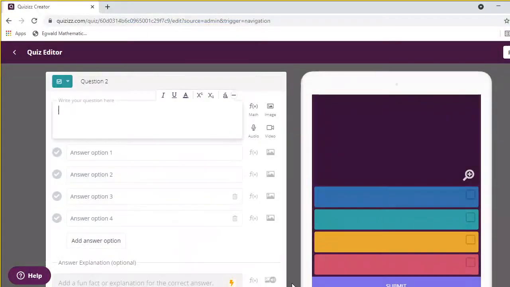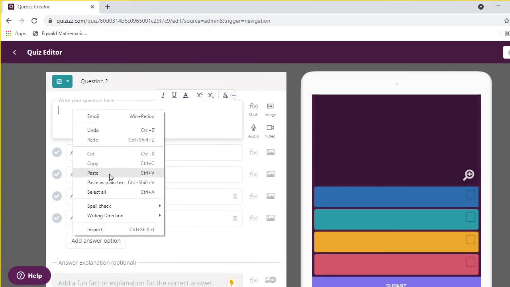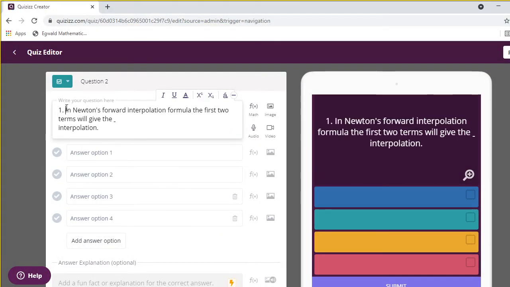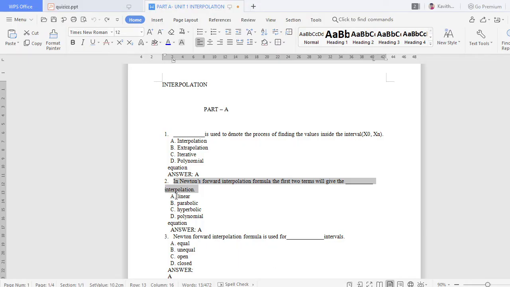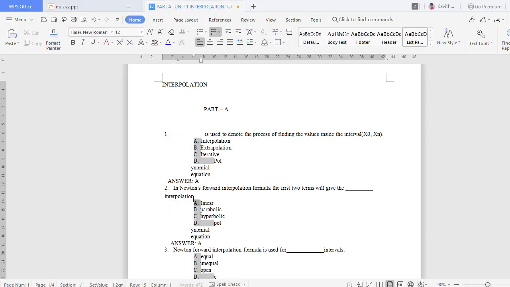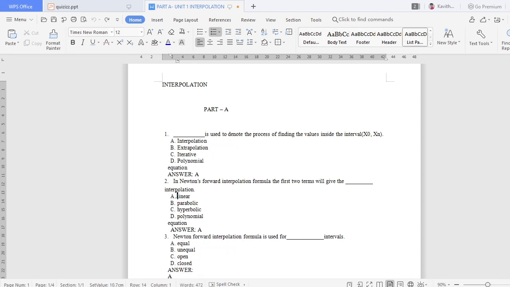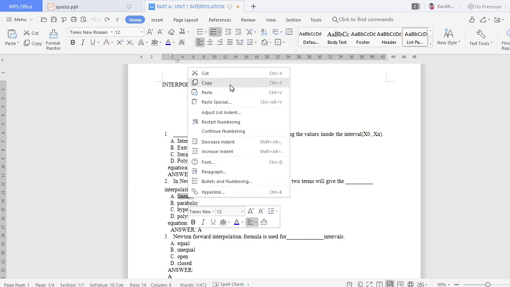Okay, and I paste my question here. Okay, this is my second question. I put 2, and the options are linear, parabolic, hyperbolic. First I copied linear.